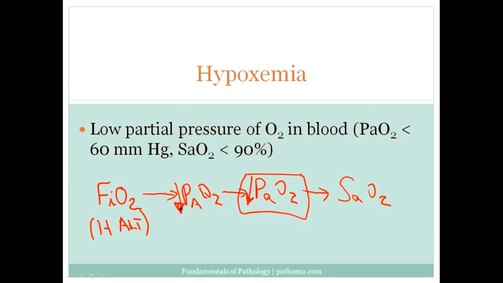The classic way by which the PAO2 decreases is anything that increases the PACO2. An increased PACO2 would actually decrease the PAO2, and that's because recall that there's a certain pressure that can exist, and it's a balance between oxygen, carbon dioxide, and nitrogen is a constant. So anytime the PACO2 goes up, anytime there's carbon dioxide building up in the lung, the PAO2 will always go down. They're always opposite.